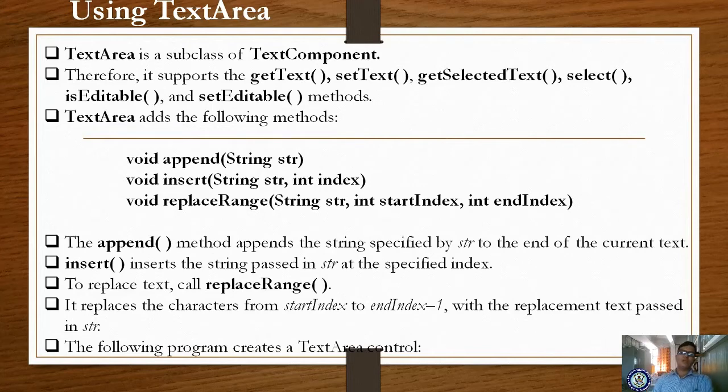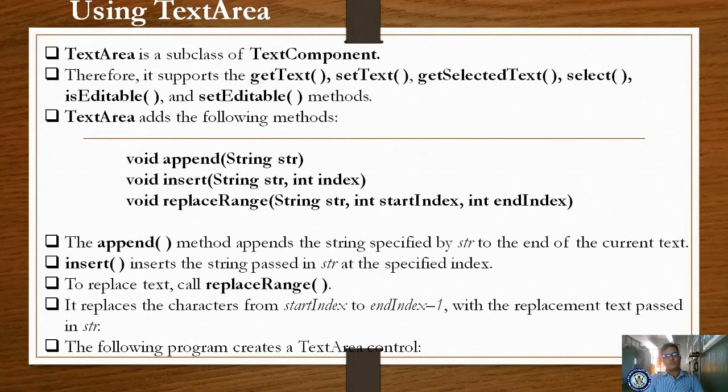Okay, let us see, text area adds the following methods, which are implemented in your text area. One is void append(String str). You are already familiar with the append method: you are adding some text to your text area control. Void insert, so you can insert the text in your text area at the appropriate index.